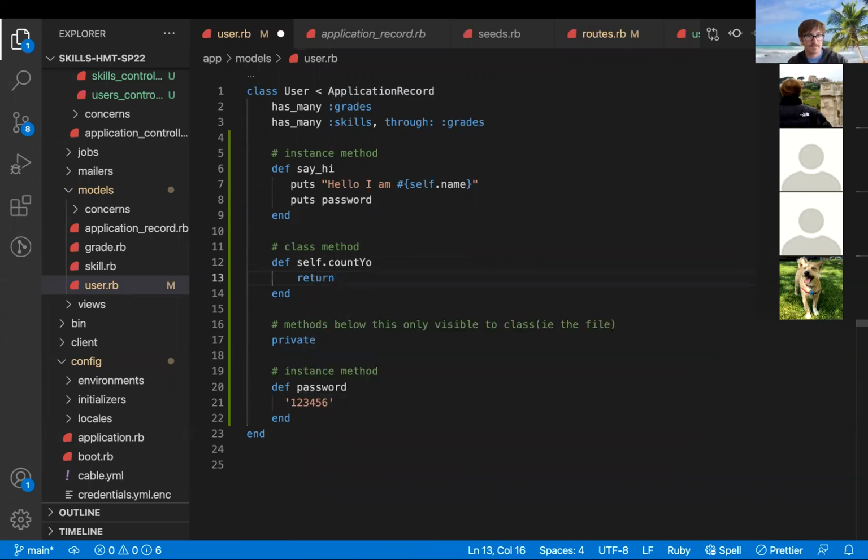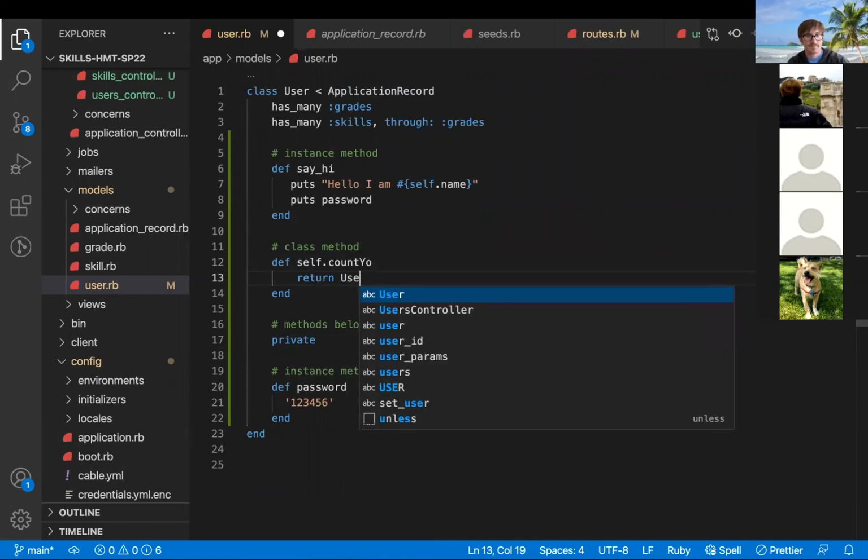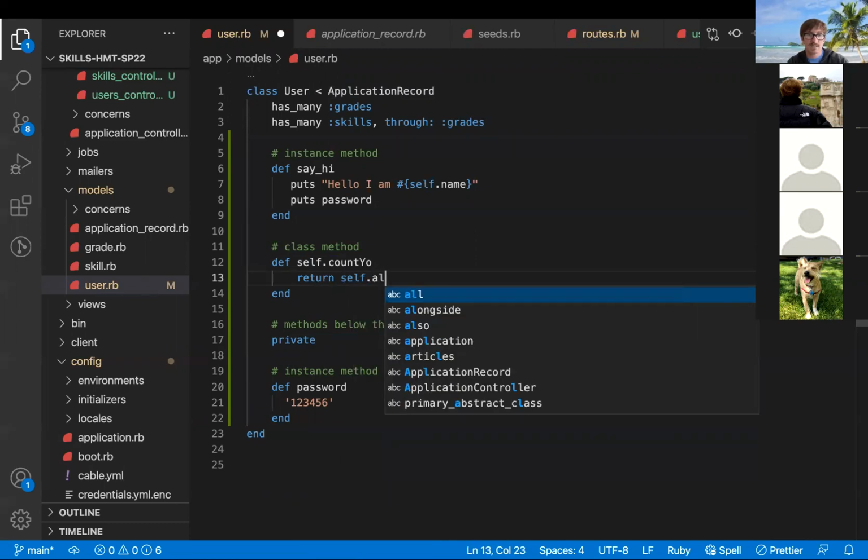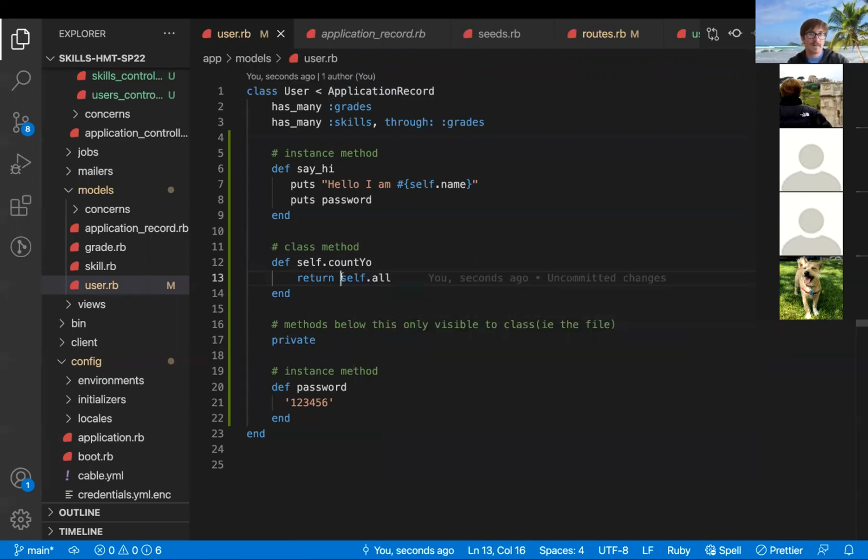Return. What if I don't remember with Ruby? You don't need it. Ruby implicitly returns the last thing. Where I would need it, let's say I have an if statement. If true, let's say I want to return